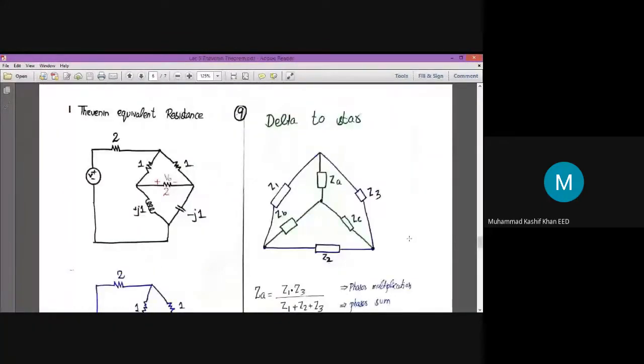The next example is again more complex than example number 1 and example number 2. Why? Because here we will be dealing with a star and delta. During circuit analysis, you can come across such types of circuits, which give you an outlook of a bridge circuit. But in this circuit, the element of interest is this 2 ohm resistor. I have marked it with red pen.